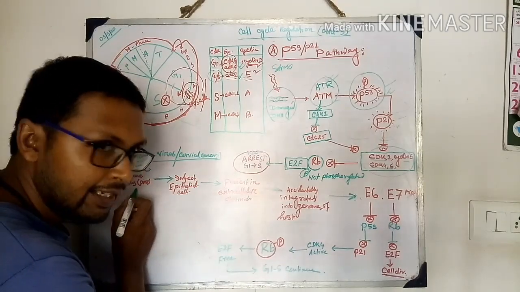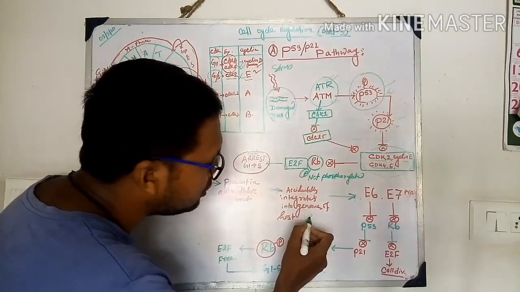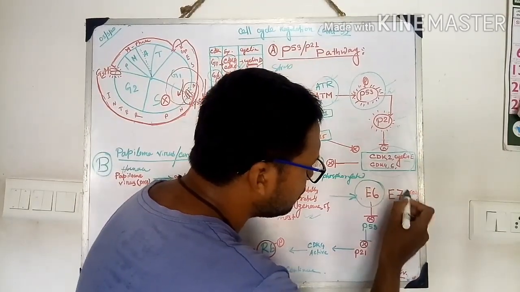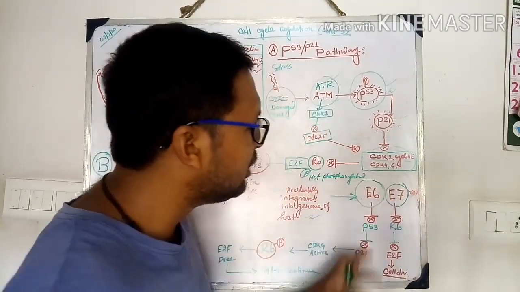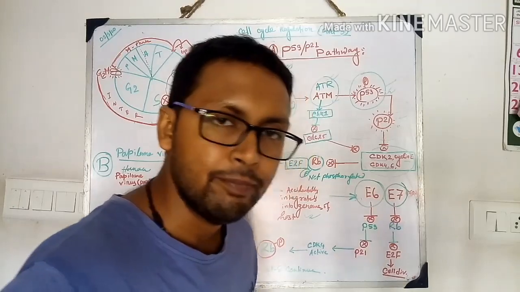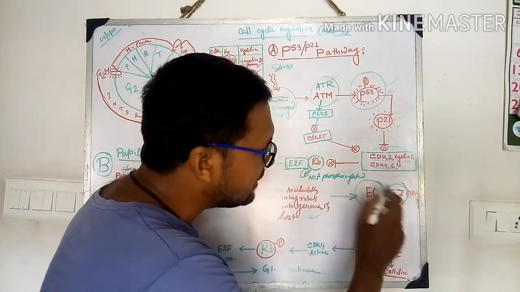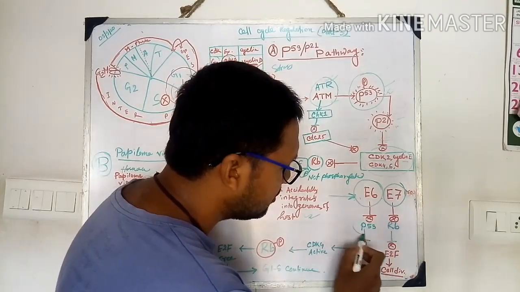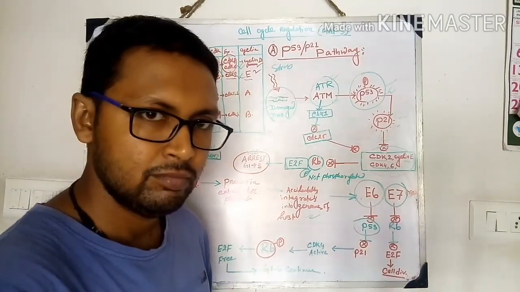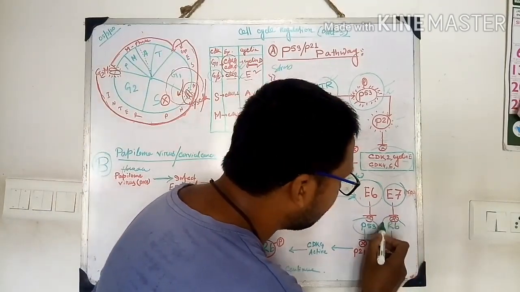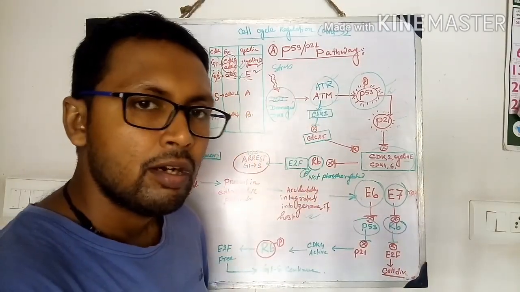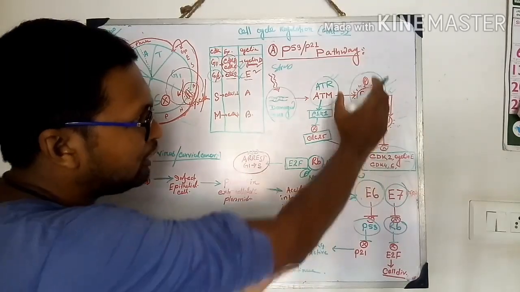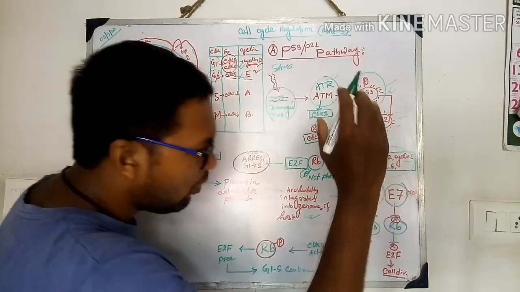If the viral DNA accidentally becomes integrated into the host genome, then immediately the virus genome will produce a huge amount of E6 and E7 protein. E6 and E7 proteins are very important. E6 protein directly inhibits P53 function, and E7 protein directly inhibits the retinoblastoma gene, the RB gene. As I already mentioned, what is the function of P53,